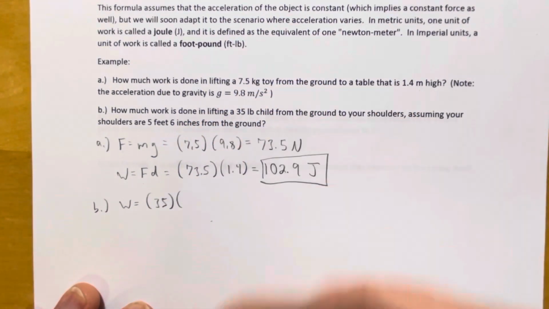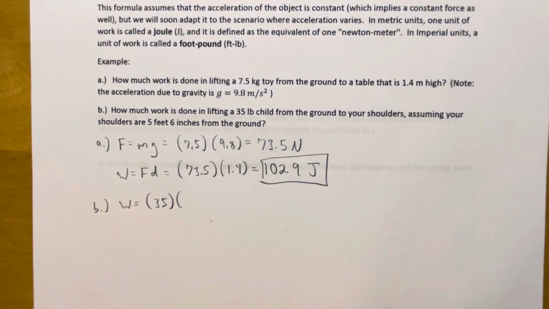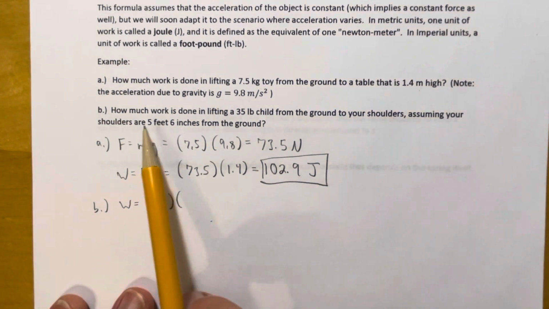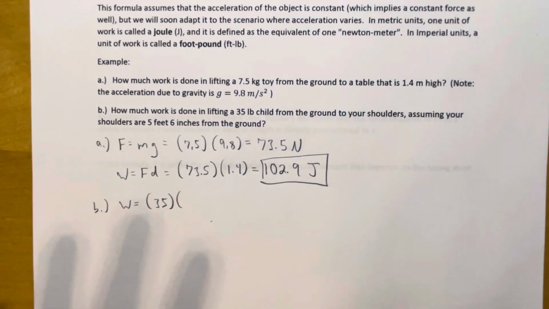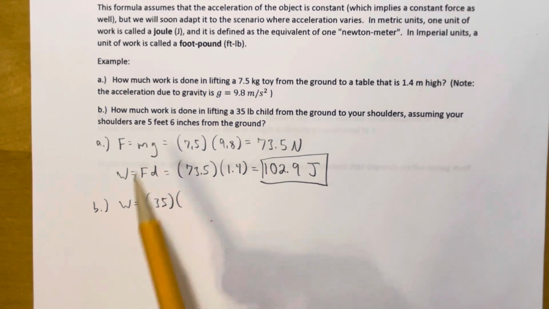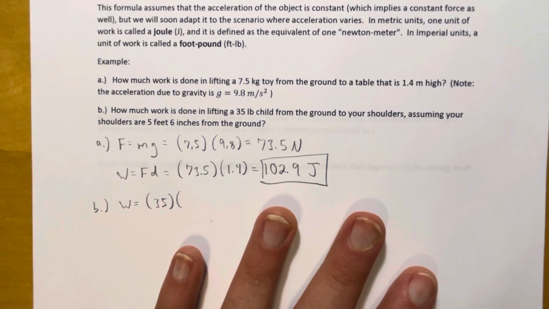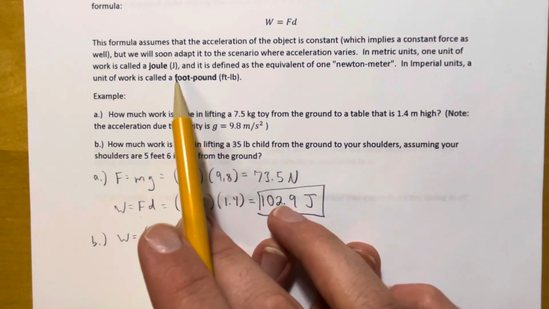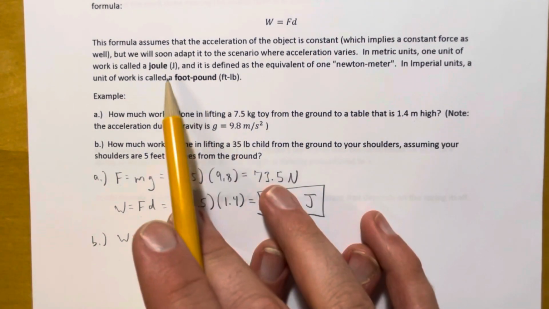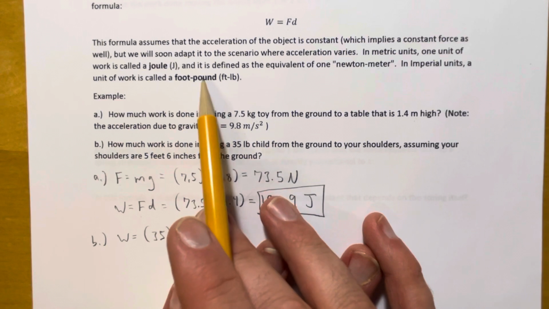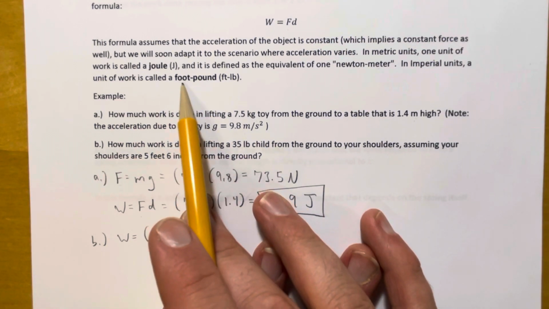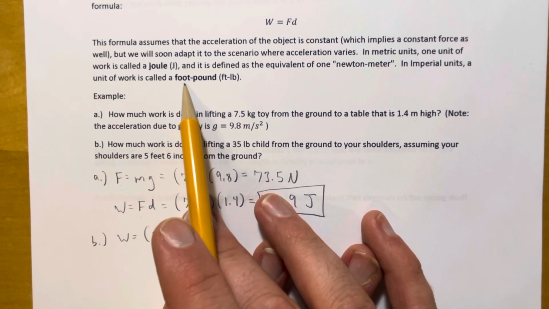times my distance. How high am I lifting this child from the ground? Well, it says 5 feet 6 inches. You need to be careful about this because I'm getting two different units of measure here, feet and inches. But how we defined things, our unit of work in imperial units is defined to be a foot-pound. That means all units of distance have to be thought of as feet